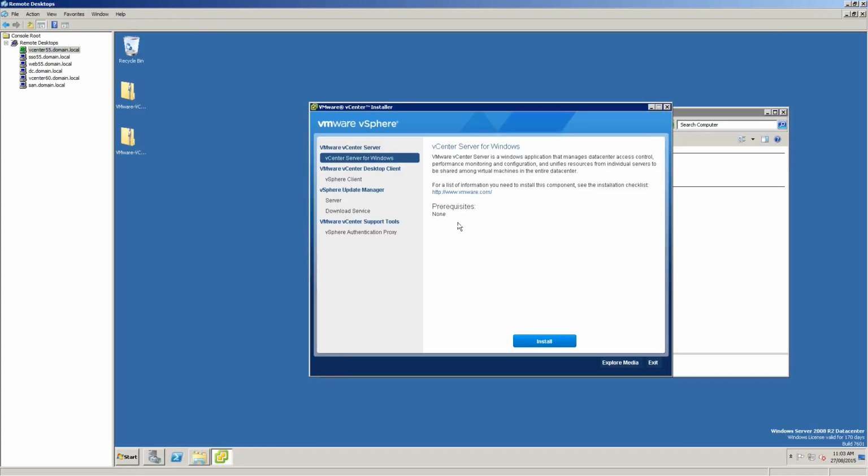I won't run you through all of this. It takes the longest because it needs to upgrade a database too. I've been using an SQL Express database in the past, and it's going to move it to a vPostgres SQL database, like I said before. So hit the install button. It presents you with a screen. There's no more custom install or simple install; that's the only thing you have in here. And it's definitely going to take a little while.